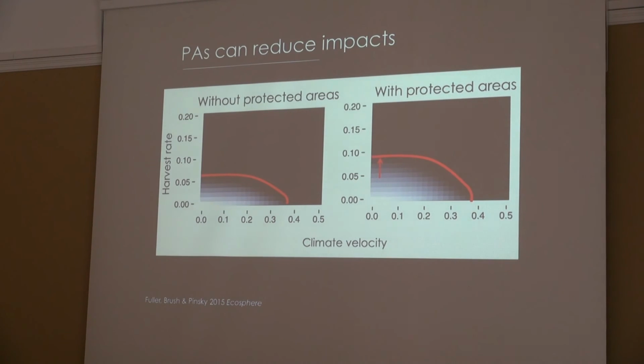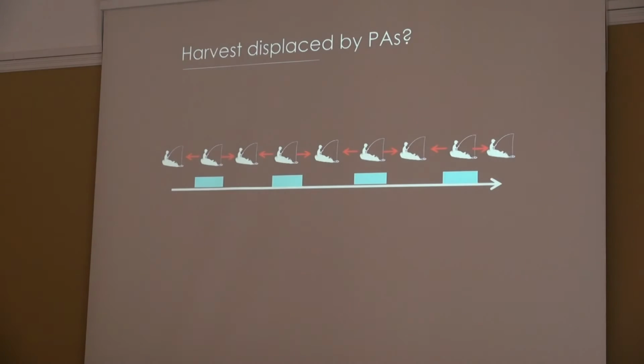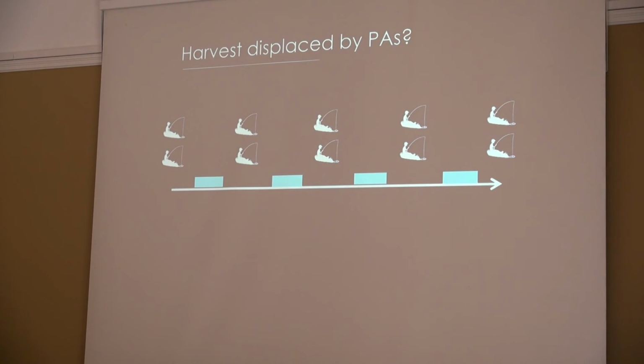But I don't know if you picked up on it, there was a very helpful assumption I made in there, which is that all of the fishing effort within the marine reserves just goes away. Maybe a much more realistic assumption would be that it doesn't go away, it just moves somewhere else. And they start fishing outside the marine reserve. So reality is probably in between these two end cases. Some people will leave fishing when marine reserves go in, but many people won't. But we're just going to look at the most extreme case where all fishing effort is displaced.